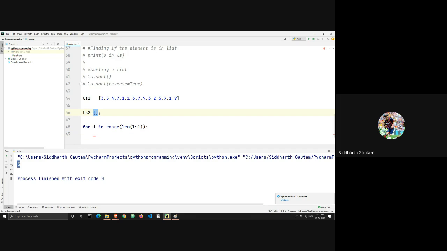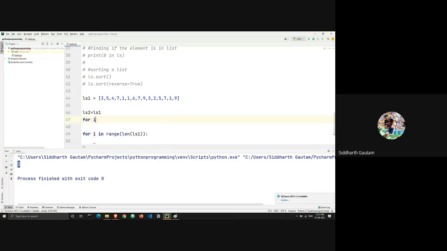Okay, so instead of making list2 an empty list, I will make list2 equal to ls1. The only reason why I'm equating is so that the number of elements stay equal. Or rather, if I already know the number of elements, I should write 0 in all of them. Okay, this is what I'm going to do. I will first do ls2 is equal to ls1. Now I want to change all of the elements in my second list to equal 0.